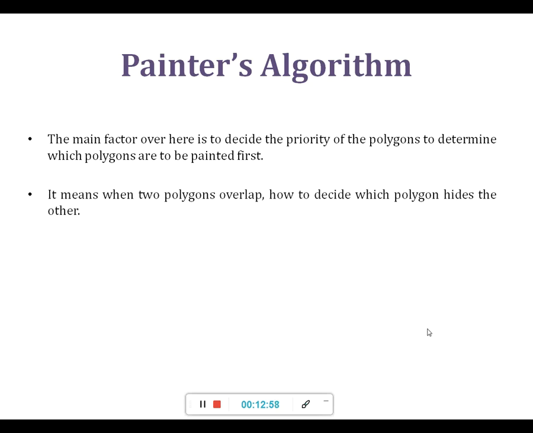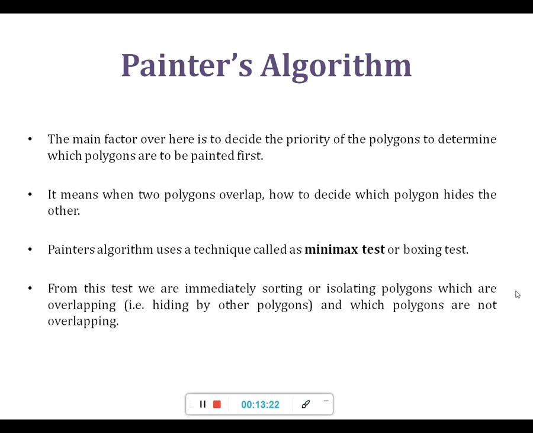So for that knowledge we are going to assign the priorities, to find out which polygons we are going to paint first. It means when two polygons overlap, we need to decide which polygon is hiding the other polygon, and that is what we are going to find over here.